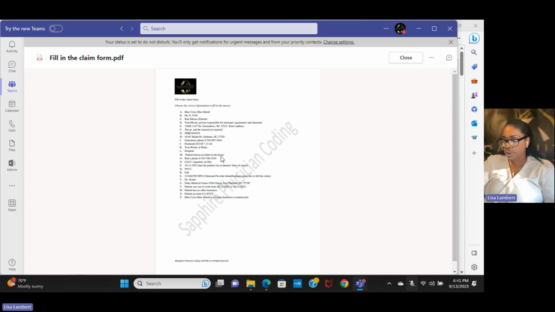So this right here is a claim form information sheet. This you are going to use to fill out the claim form. I know we're not doing medical billing yet, but I said that we're going to go over some things in medical billing. So there's a HIPAA sheet in here,